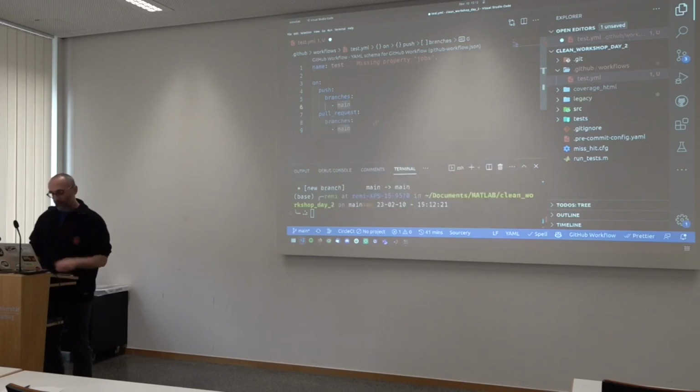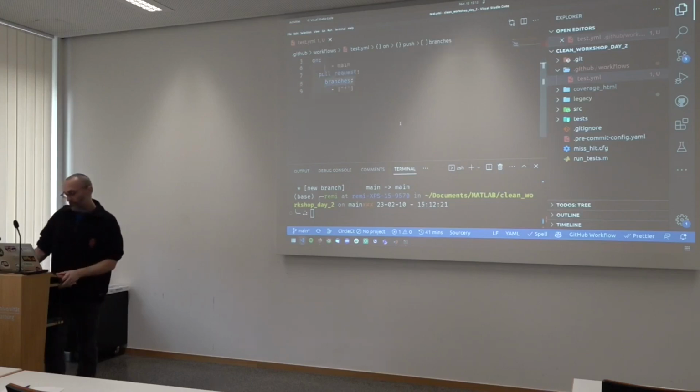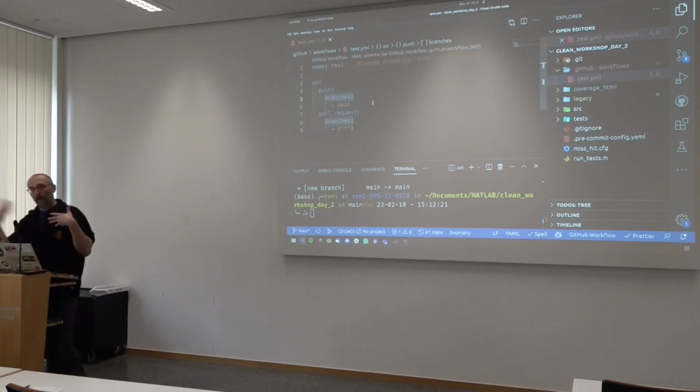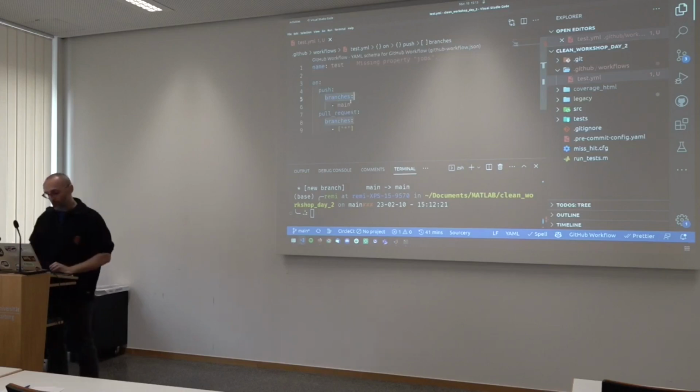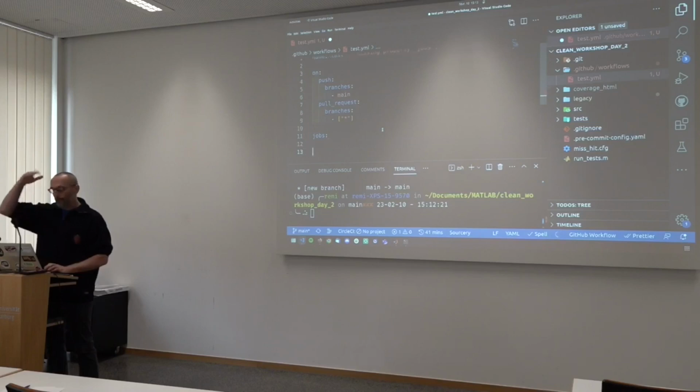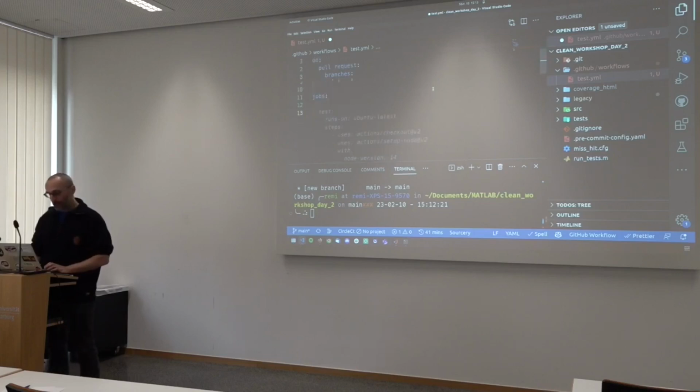And on pull requests towards the branch called main, actually, let me change that so it runs on pull requests on any branches. So you can just use the star here. So here you're defining the name and when to run the workflow. Then it's telling me that I need to have something called jobs, which describe the different things that you want to do in your workflow. And here you start defining those different jobs.